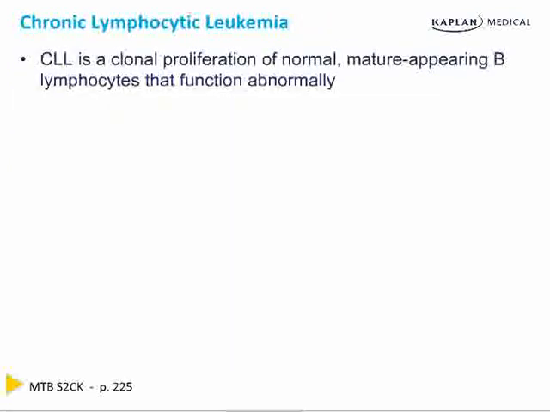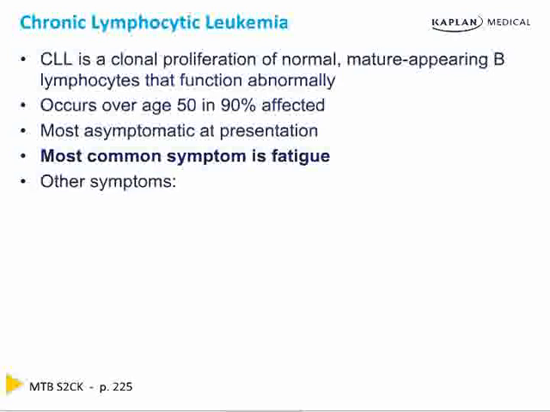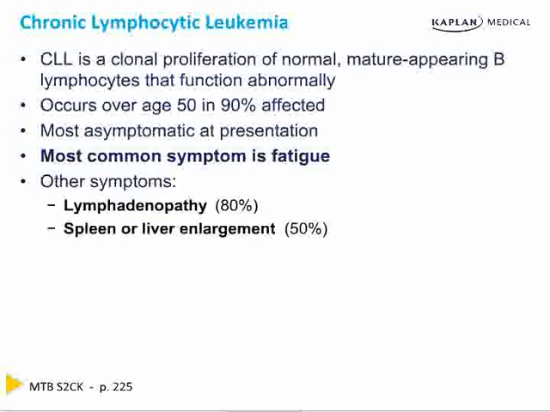CLL is a clonal proliferation of normal, mature B cells that function abnormally. This is a disease of older persons. 90% of people are over the age of 50. Most are asymptomatic at presentation. Now, when they are symptomatic, they present with fatigue. They're tired. They can present with big swollen lymph nodes or a big spleen or big liver or infection because